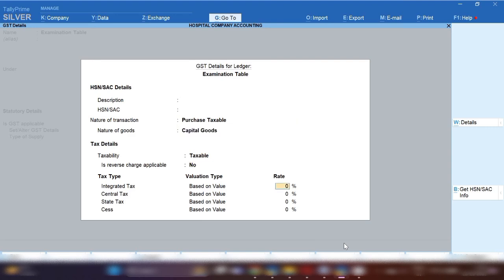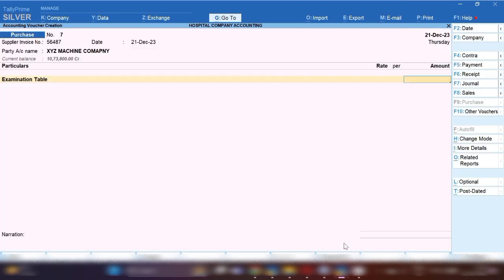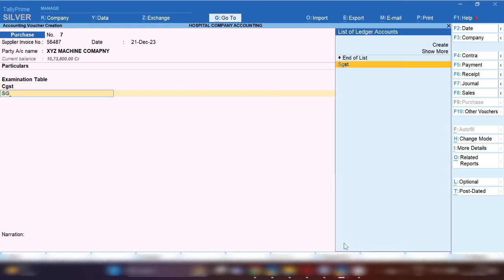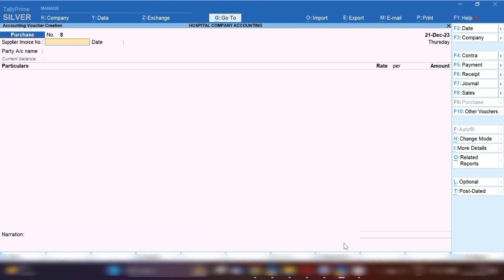Nature of transaction, purchase taxable, because we are going to purchase this from local. For the examination table, you can fill the rate here, at how much rate you are going to purchase it. Let's suppose we are going to purchase in large quantity. So CGST SGST will be applied, and save this entry. So this is how you can purchase all those fixed assets of a hospital in purchase voucher. Next purchase, we are going to